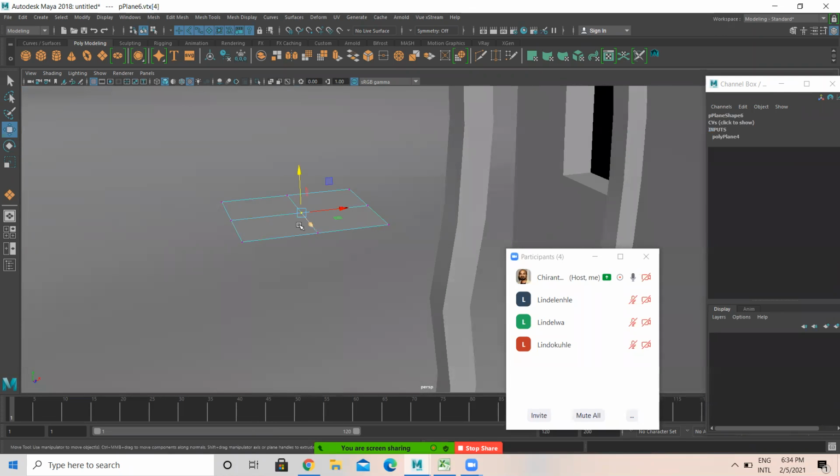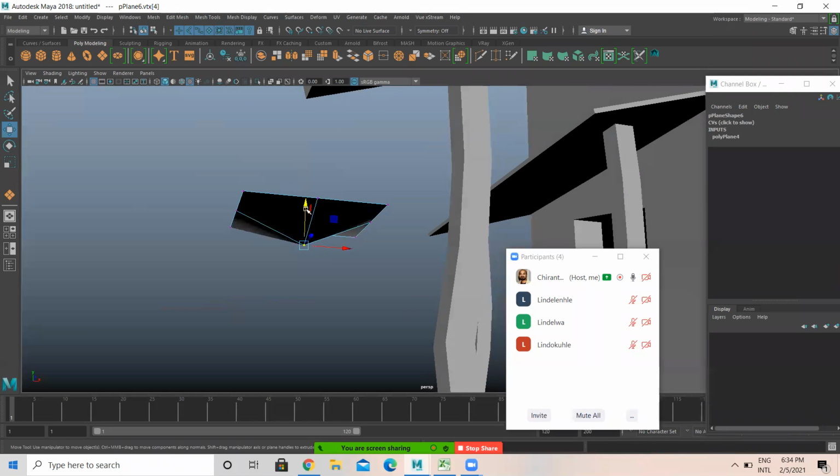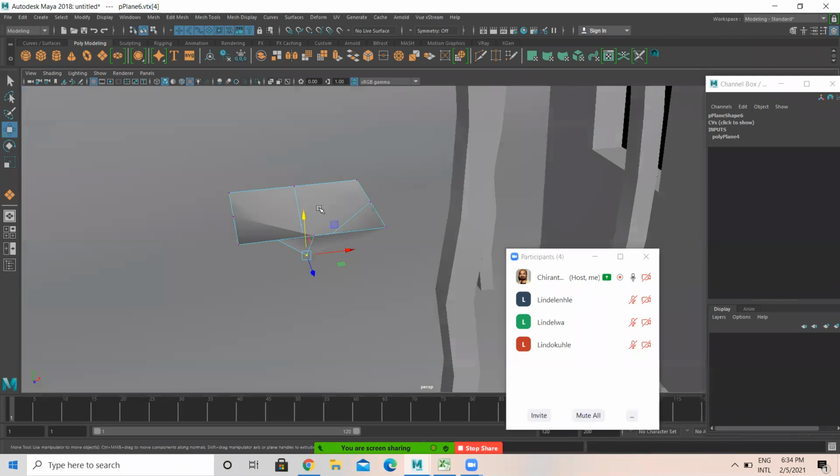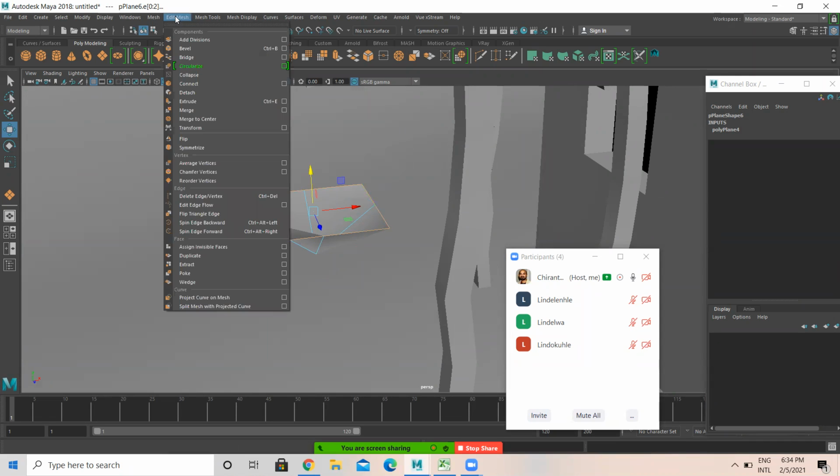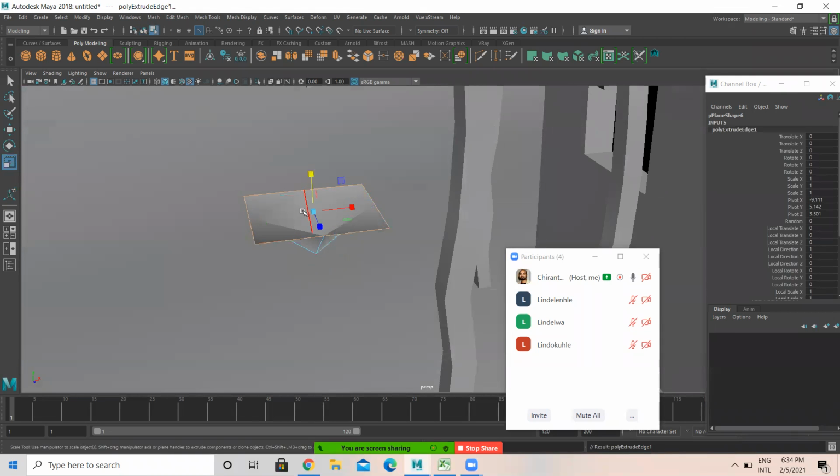Now select this vertex part. One vertex, the middle vertex inside. Pull it down like this. Okay. Then after this, select this edge. Double click on the edge so that all the edges get selected. Now Edit Mesh, Extrude. You extrude a bit to the middle, like this.